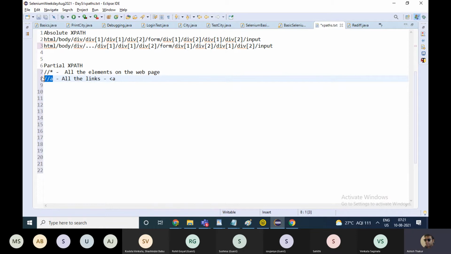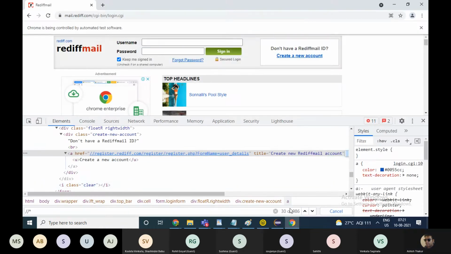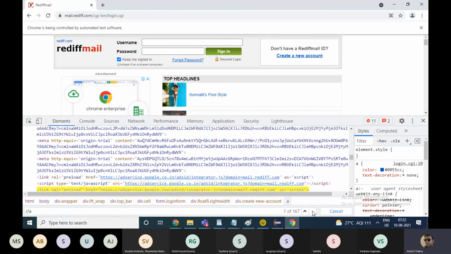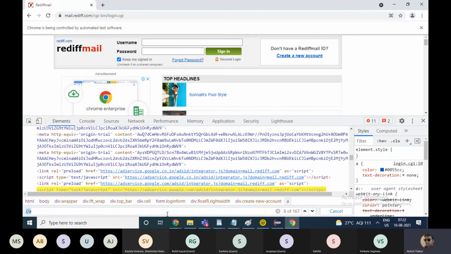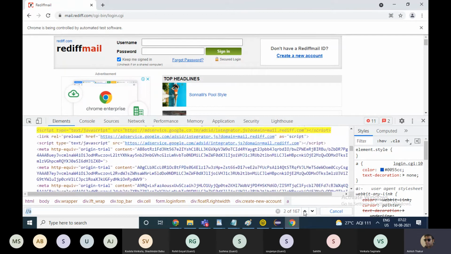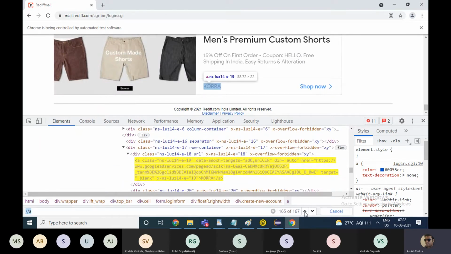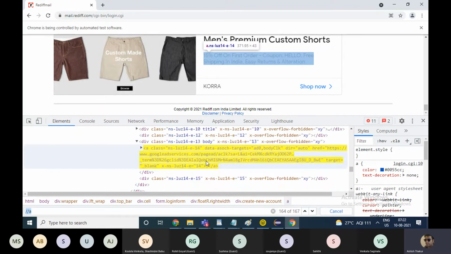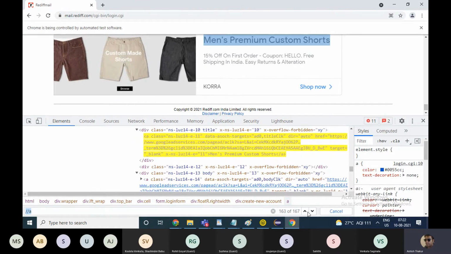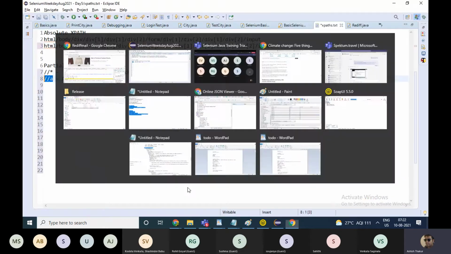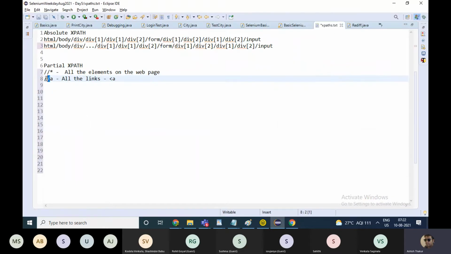Okay, so if you copy this and paste it here, it will represent, okay, script tags are also coming. Hold on. You see the links, they come up. This is the link, this is the link, this is another link, anchor tag. Okay, so it will represent all the links on the web page, but generally we don't extract all the links on the web page like this, but I'm just giving you an idea.